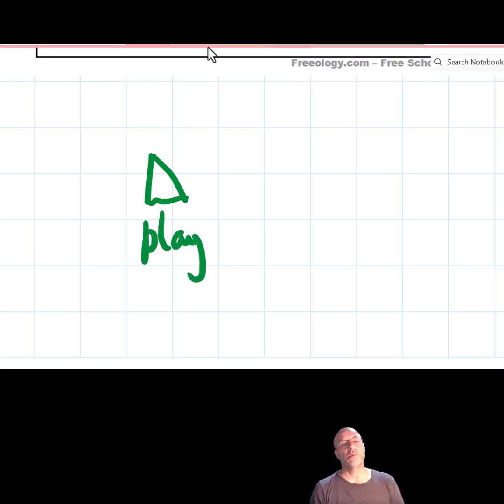Not a very good play symbol. Play, pause, and scroll back. Okay, so if you have to scroll it back for some reason, make sure you do that